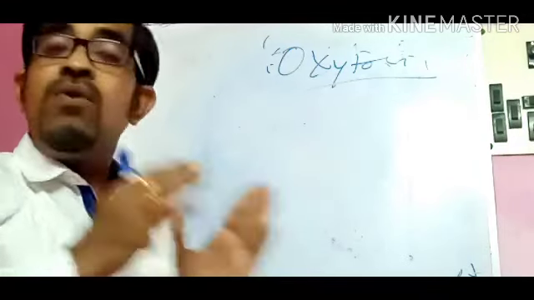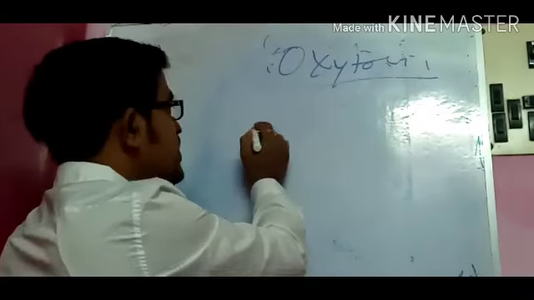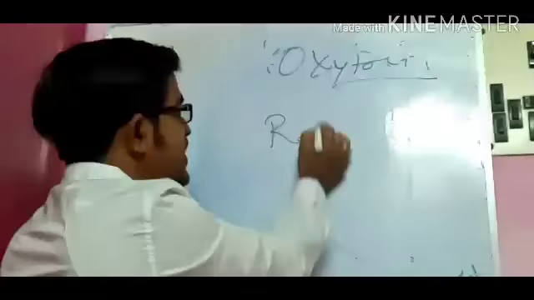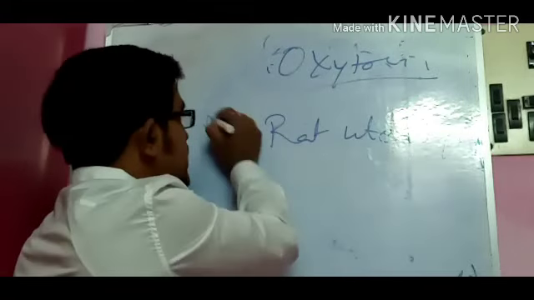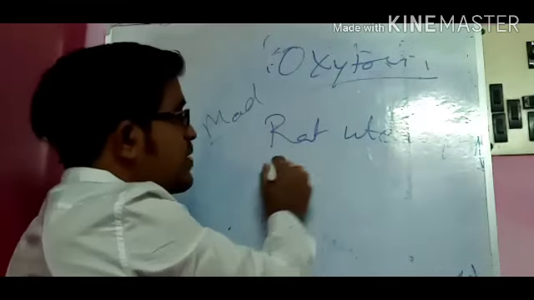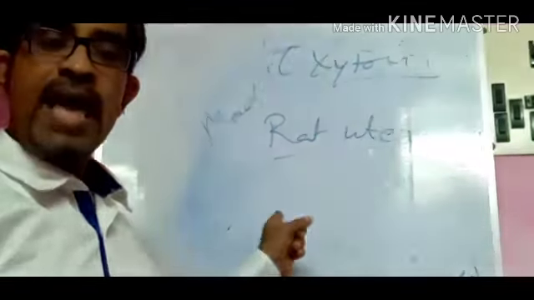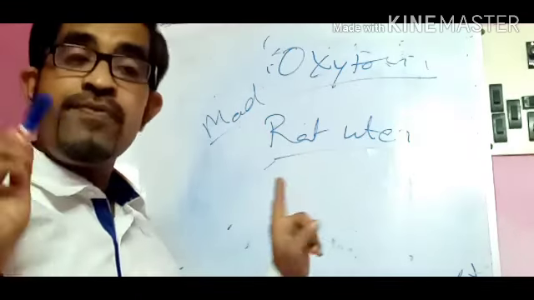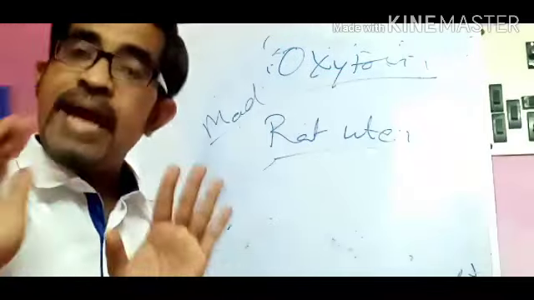Okay, so now what models can we perform? Number one model you can take is the bioassay of oxytocin by using rat uterus preparation. Okay, so this is the model. In the rat uterus preparation, what animal are you taking? Albino Wistar rat, but sex is important over here. We have to take the female, a young adult female.